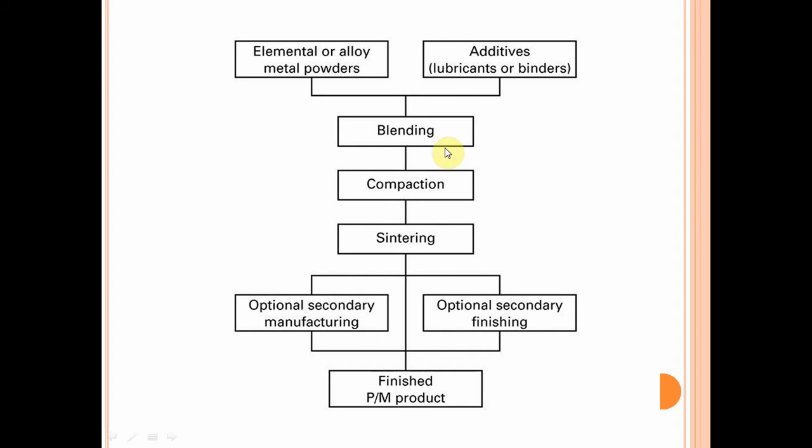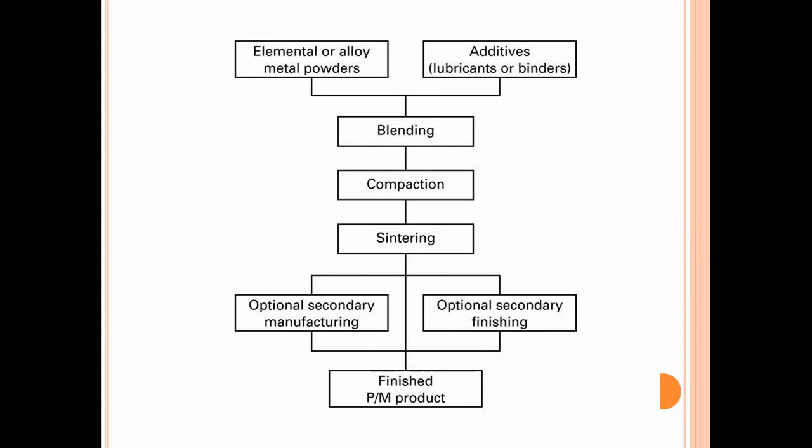After that comes compaction. Compaction means we use a die and punch method to compact the powder particles. Once compaction takes place, the sintering process starts. Sintering is a heat treatment process that heats the powders to increase their binding properties.